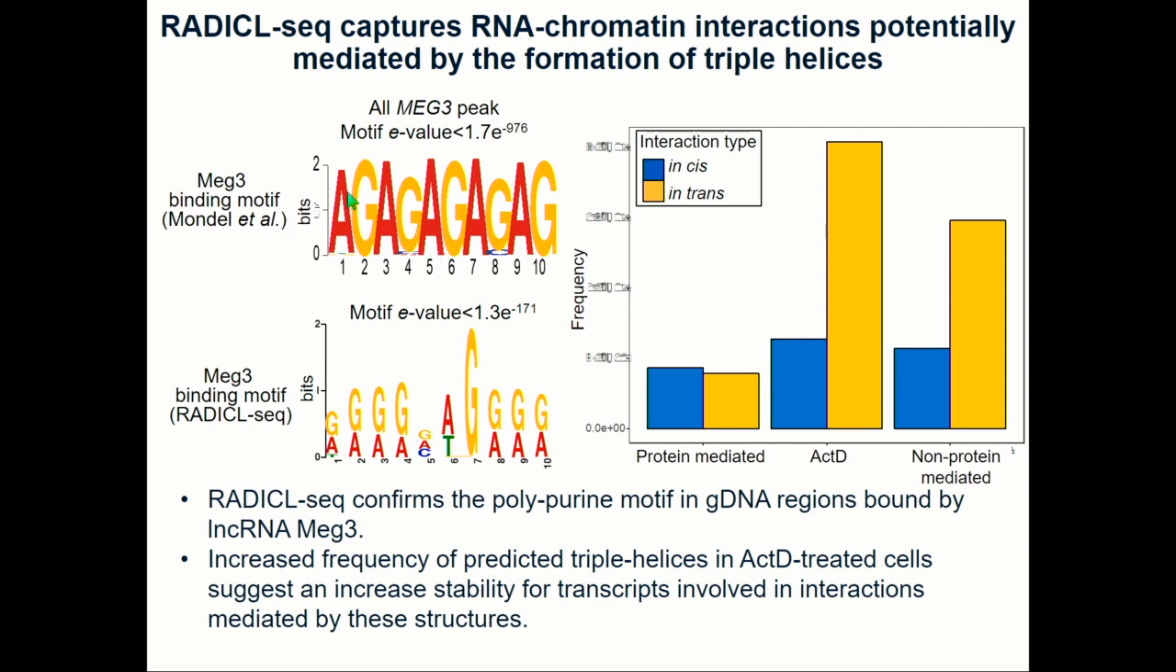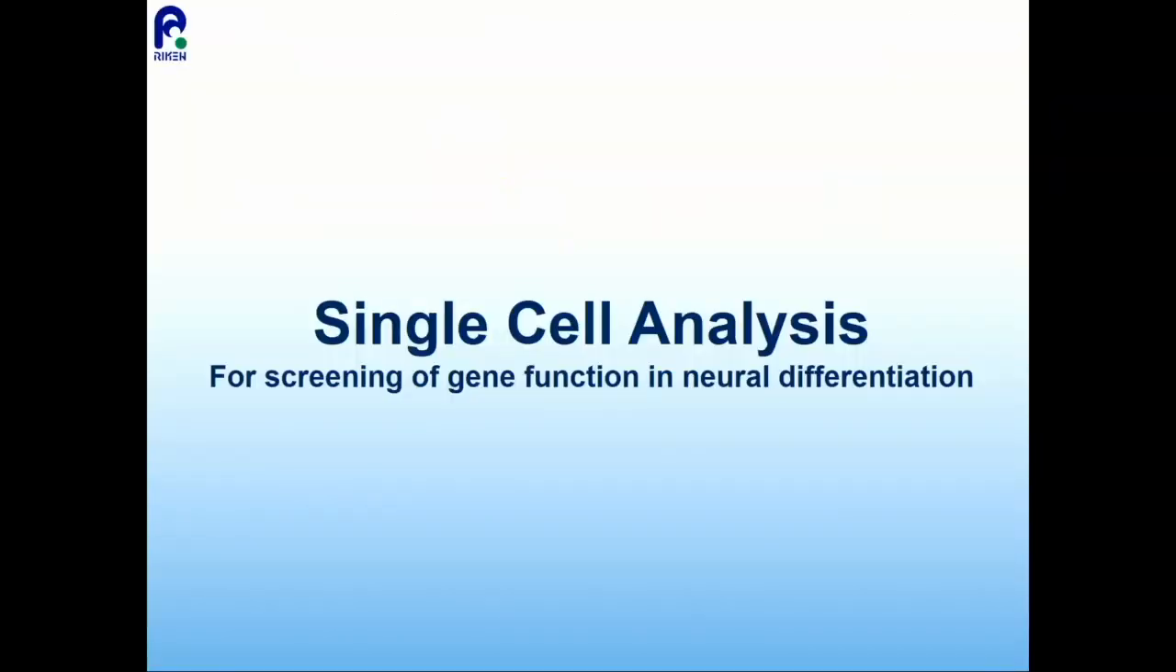For instance, MEG3 is known to bind by an AG stretch, and we also found a similar consensus in the interactions that we have seen with our methods for MEG3. So perhaps Hoogsteen triple helix is at least responsible for the interaction of some of those RNAs to the chromatin. Of course, for now we are going to